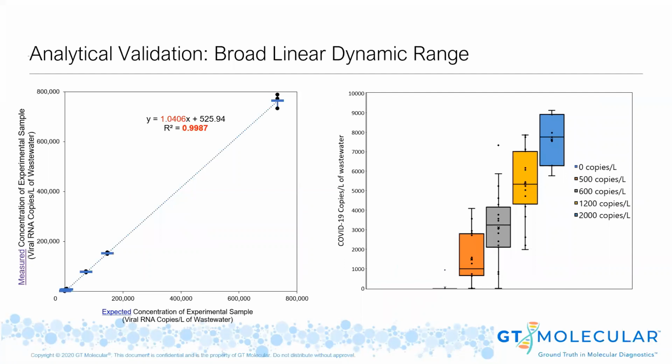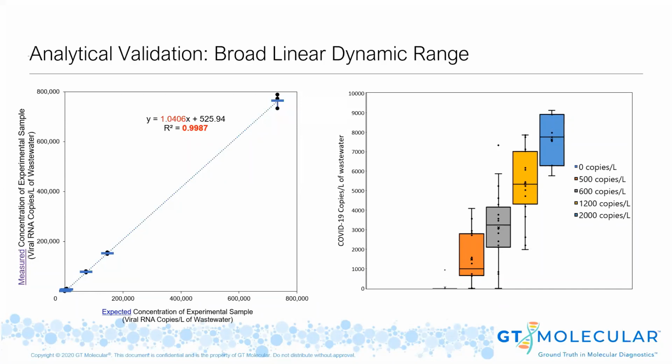To demonstrate this level of sensitivity, I'm showing data from our analytical validation study that we performed before initiating customer testing. What we did in this study was demonstrate the workflow we had developed was capable of accurately measuring the virus across a broad range of relevant viral concentrations in wastewater. You can see by the chart on the left in which we are plotting the concentration that we measured for each sample against the expected concentration for each sample based on dilution, that we have a nice broad linear dynamic